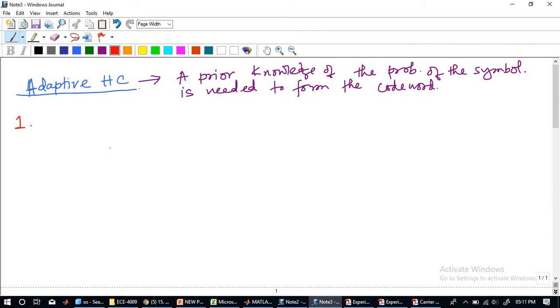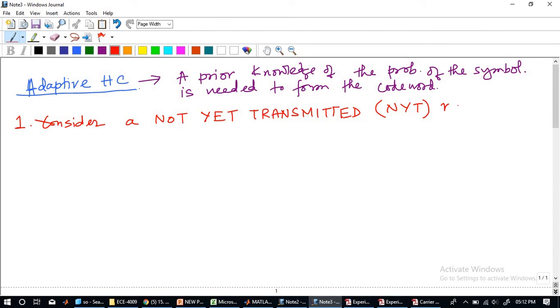First step is, consider, not just write what I'm writing over here. I'll explain each and everything later. Not Yet Transmitted, or in short we call it the NYT node,